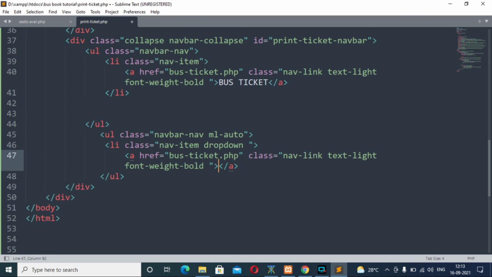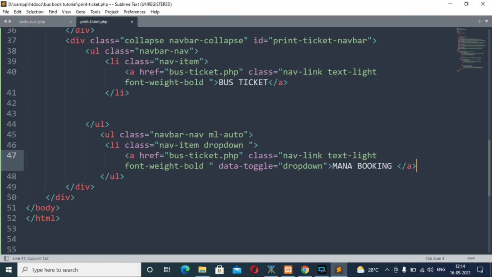Now there will be another attribute called data-toggle, and the value will be dropdown, and the content will be manage booking. So this is it.